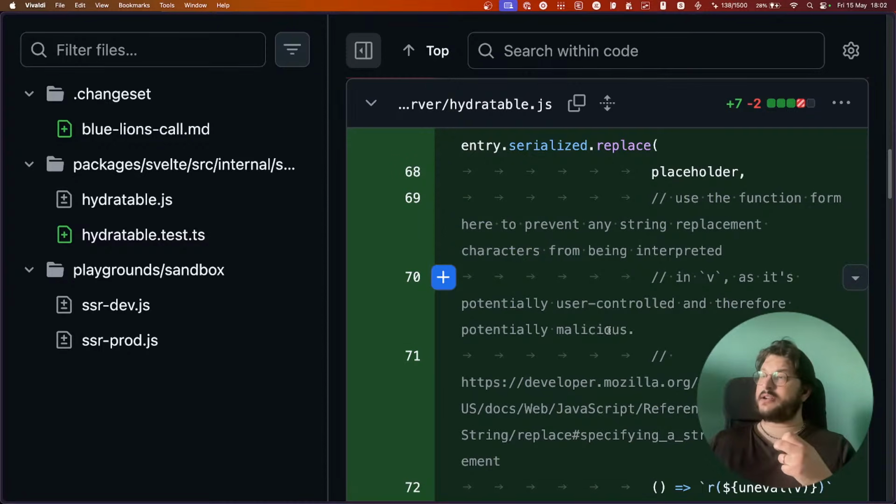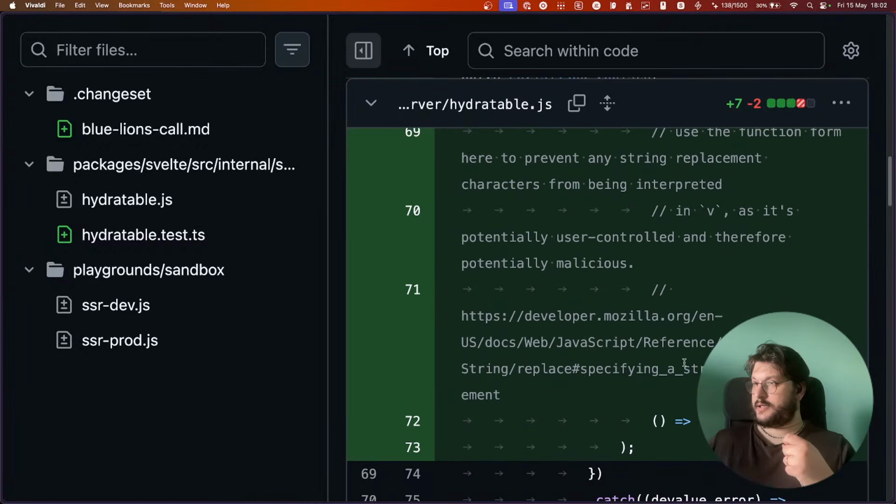String replacement characters from being interpreted. Okay.